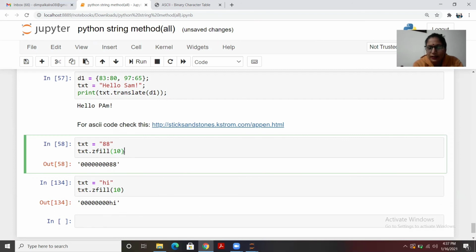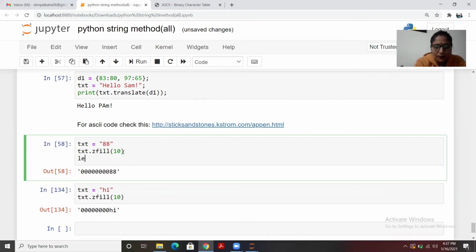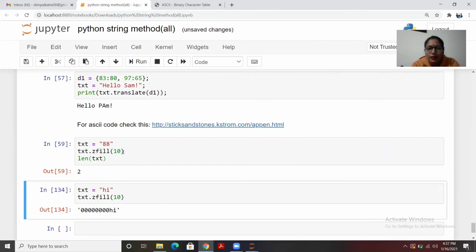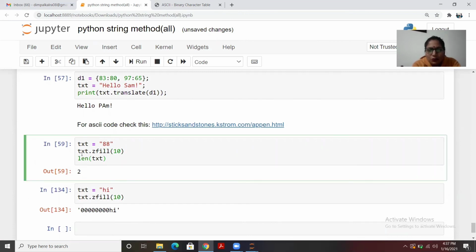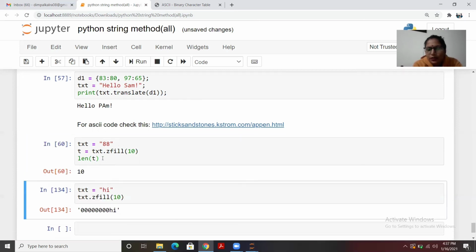In case you check the length of this text, let me apply a length function here. I have to store that basically. Let me store it in T, and then I'll check the length of T rather than text, because the length of text is 2 only. So here it is, it's 10.